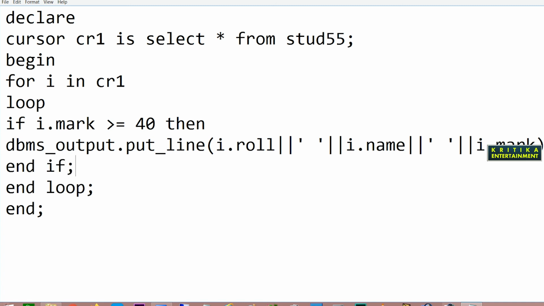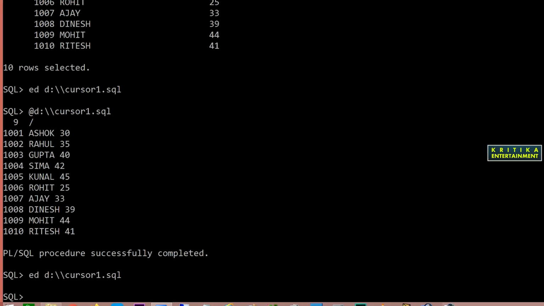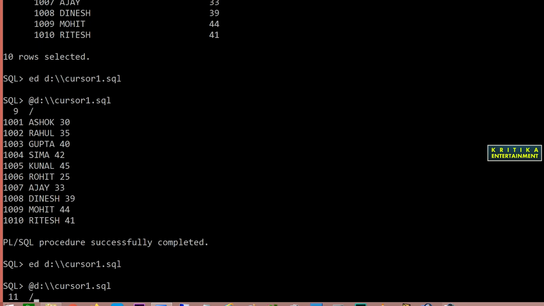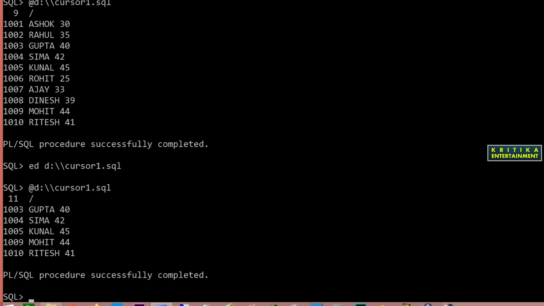Then you see, I will run this program to check whether it is running or not. I will give cursor1, then the forward slash. Then you see Gupta, Sima, Kunal, Mohit, Ritesh, all these marks are greater than 40.